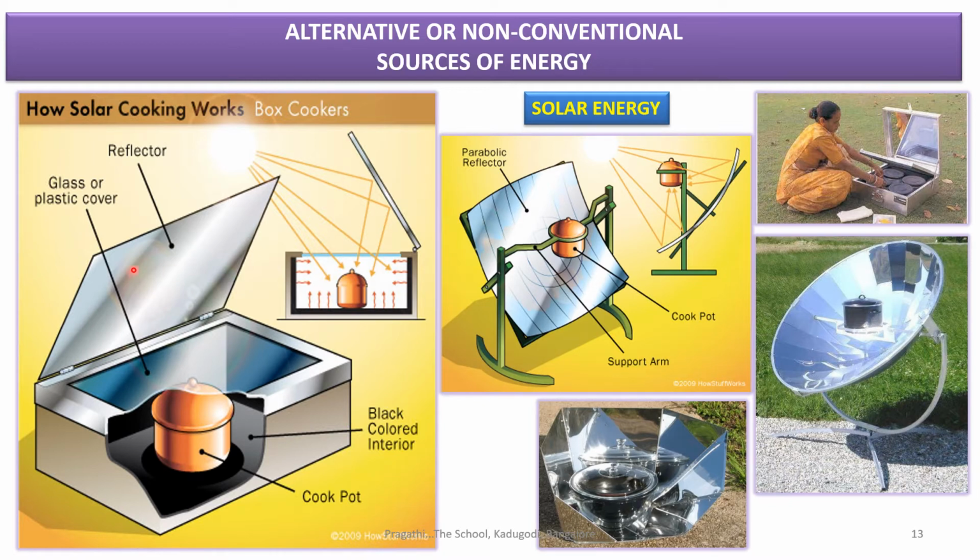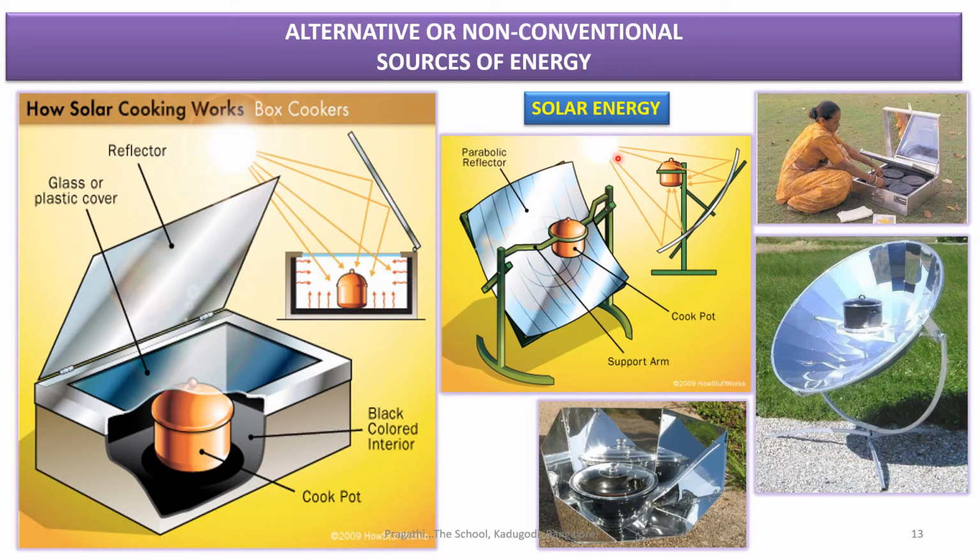Okay, and we are going to open it and keep it in this position so that whatever sunlight is coming and falling here, it again reflects back to the cooker inside the chamber. You can see here the sun is here and it's coming, the reflector is here. Once it comes, it reflects back the heat into the chamber. Heat will not escape and the temperature will be more than 100 degrees centigrade, and the rice will get cooked very easily.